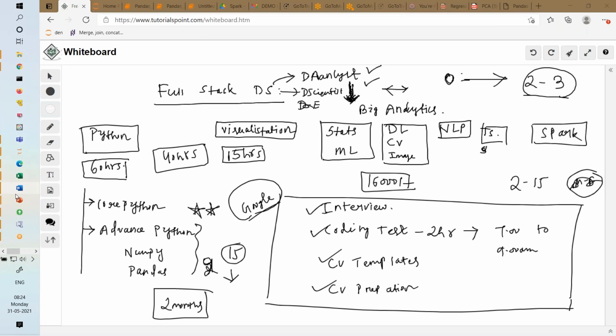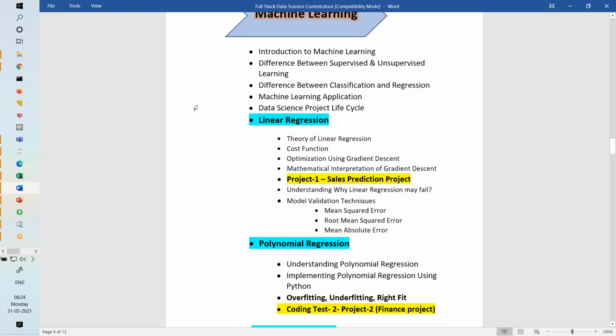And the course content is very in depth. You will get two things: one is your course content, one is your project content. So 13-page course